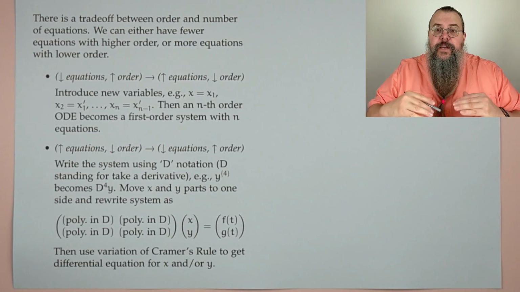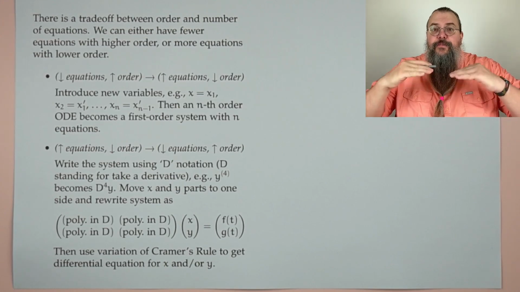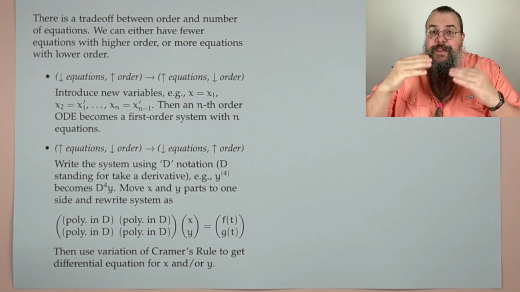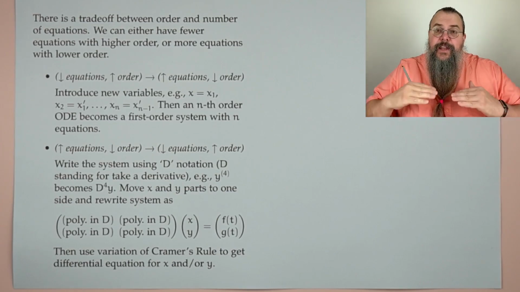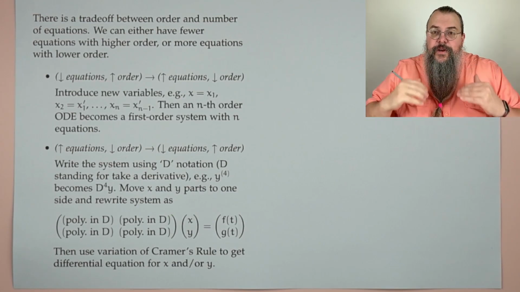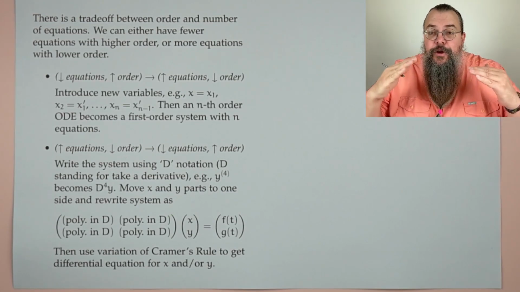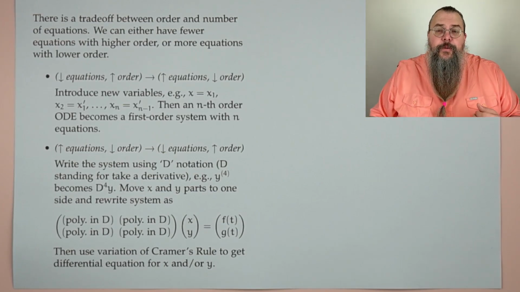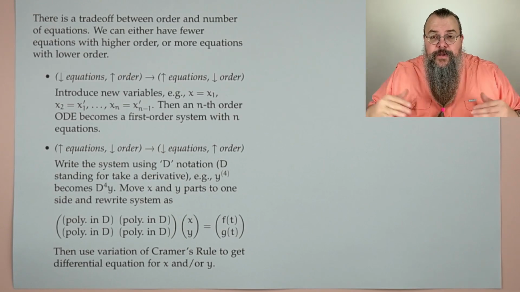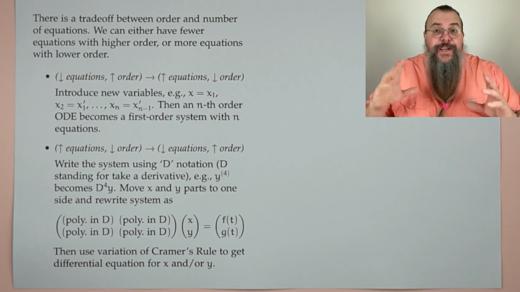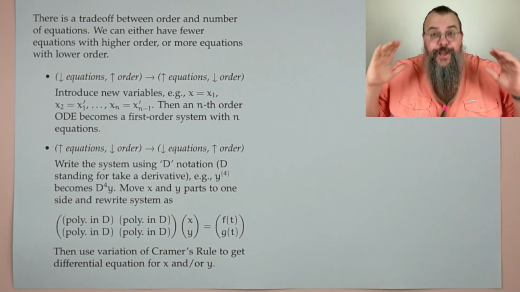And the way to do that is you introduce intermediate functions, which represent the intermediate derivatives. And that gives you a way to turn your system into more equations, yes, but fewer derivatives, which is great. In fact, it's sort of a preferred thing because oftentimes what you can do is turn your problem into a big matrix. And computers love big